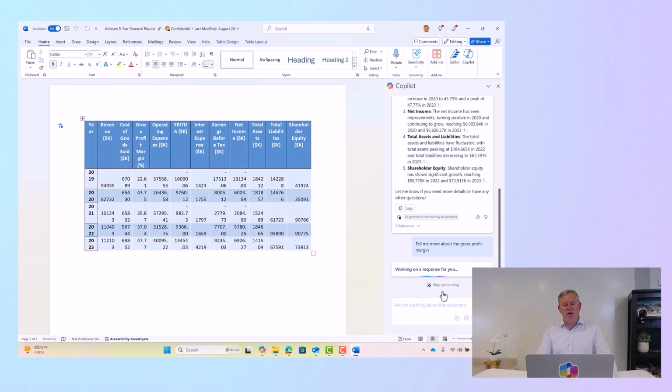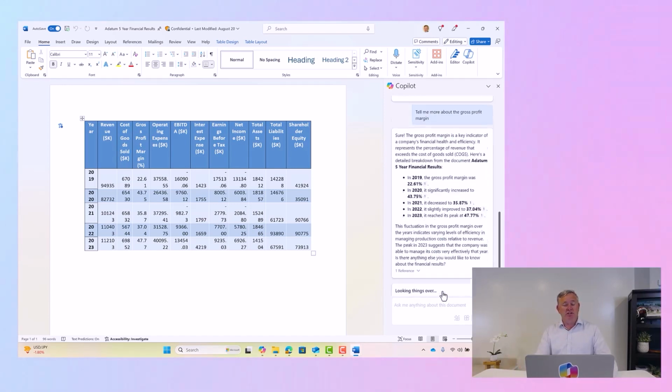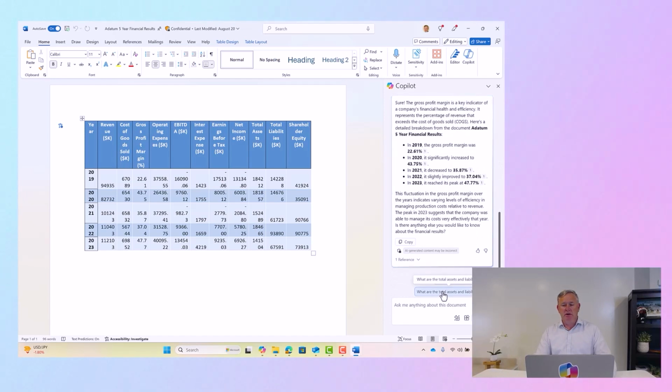Tell me more about the gross profit margin. Microsoft 365 Copilot's already populating the questions that I should ask. The gross profit margin in this case, we're seeing the margin go 22, 43, 35, 37, 47. With one outlier in 2020, it looks like our profit margins continue to rise. So let's ask, what was the possible cause of the